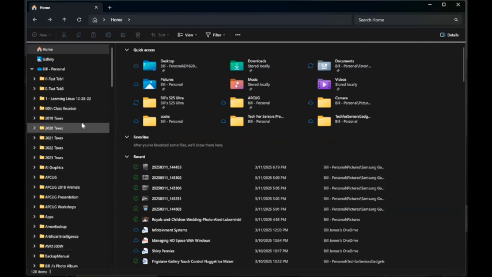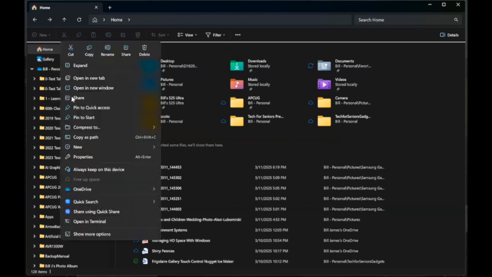So when I right click on any file or folder, I'm going to get the most commonly used functions for that particular file or folder. And then at the top, I'm going to have cut, copy, rename, share, or delete for that folder. Now, if you don't see the particular function that you want to use, you need to click on Show